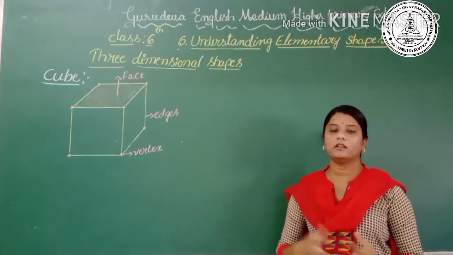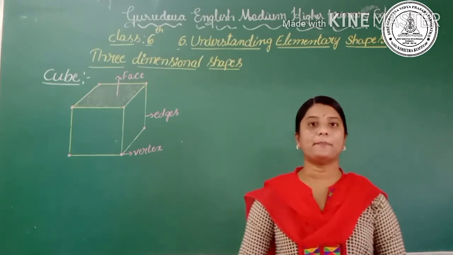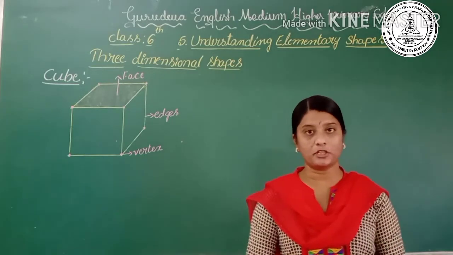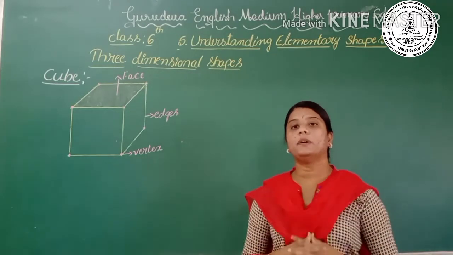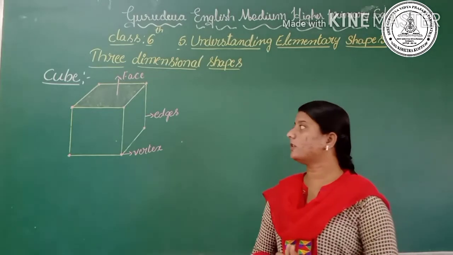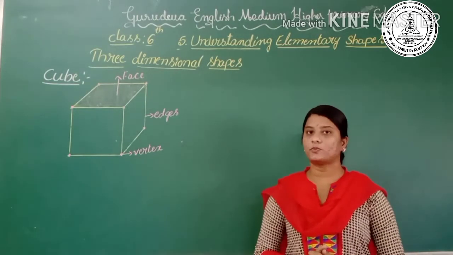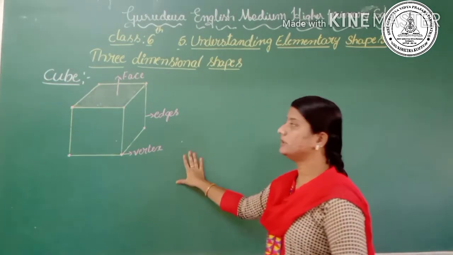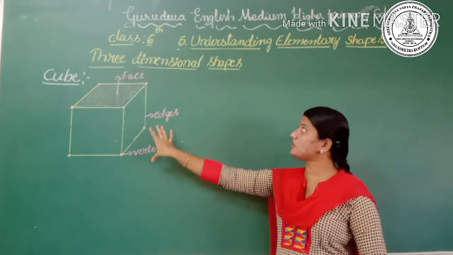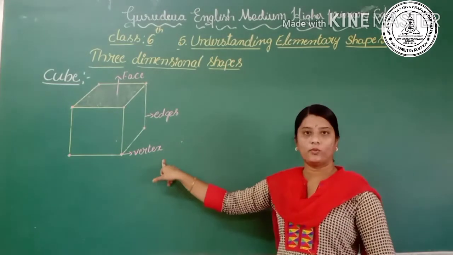So here, so many shapes you have seen in your daily life, right? For example, the ball, the cylinder, the water bottle, your geometry box and the birthday hat. These are all different shapes, and these are all examples of 3D shapes. So let's see the shapes one by one. First, here I show the cube. Each three-dimensional shape has faces, edges and vertices.